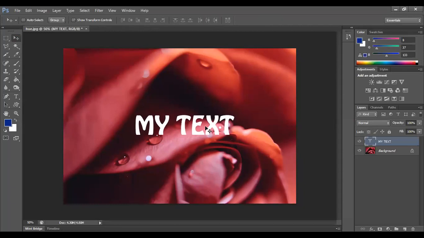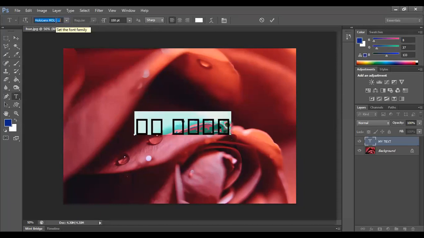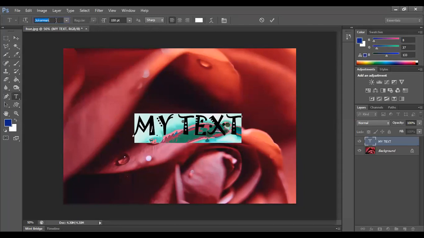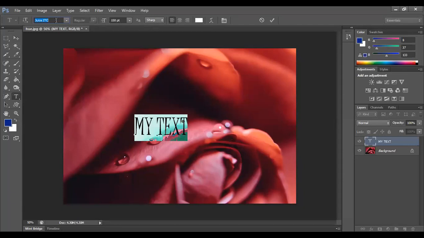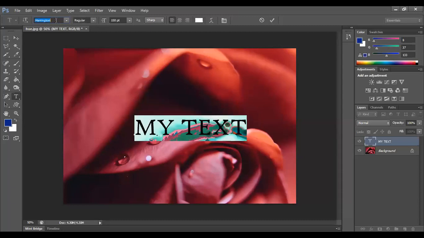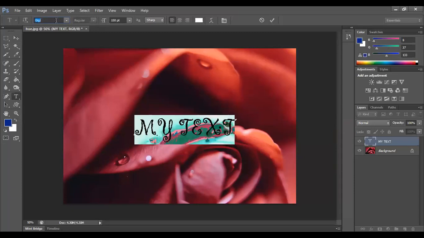Now, very firstly, this is a very basic font. Let's try out some different fonts. How do you do that? You can just select this, go up here and use the down arrow to keep trying out your font with different variants to choose which one looks good. You don't really have to go and choose a font from the list. Just click on it and use the down arrows and up arrows on your keyboard, and it will show you the variants. From here you can choose which variant you want.